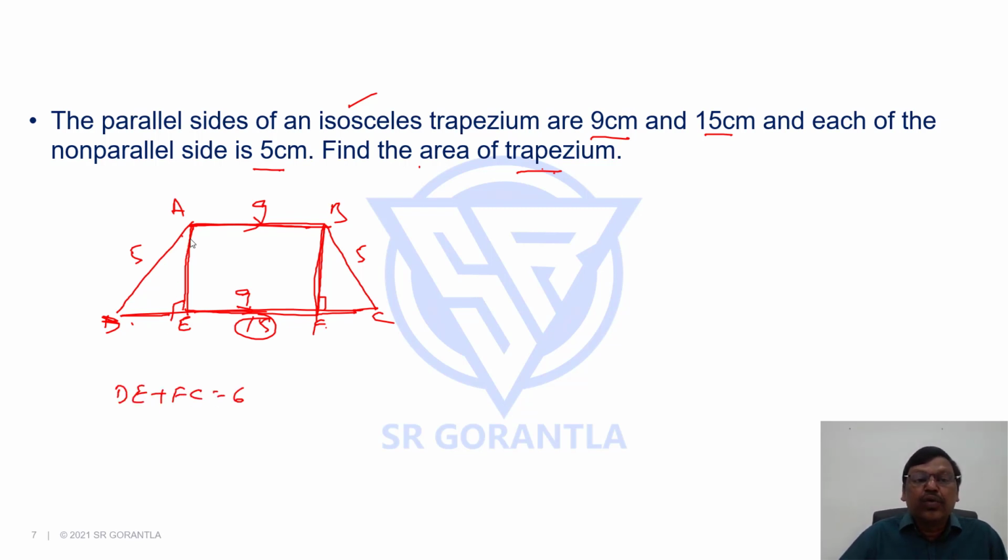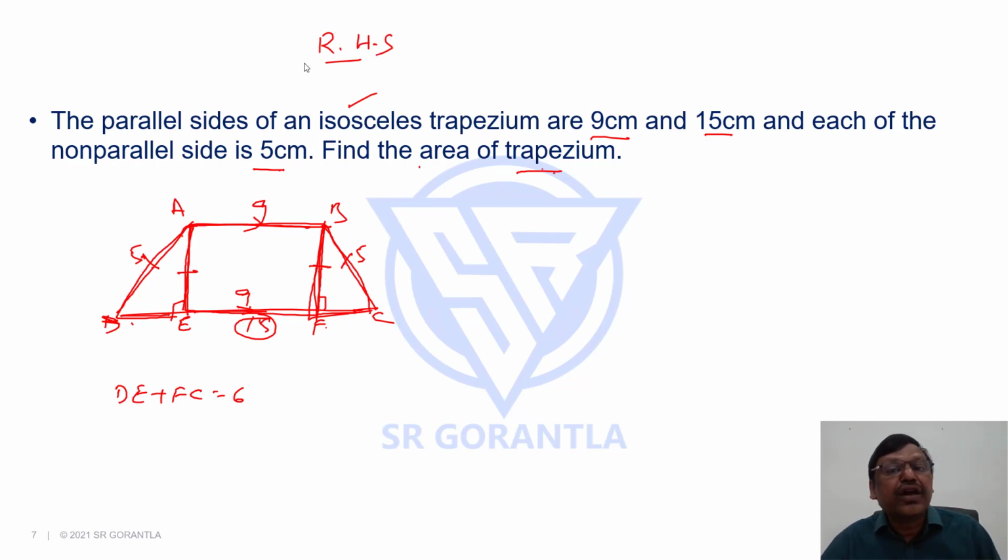But now if you look at this triangle ADE and triangle BFC, these two are right angle triangles, and if you see here, these two sides are equal. These two are hypotenuse for these triangles. The hypotenuses are equal and these two sides are also equal. If you recall the discussion on congruency of triangles, by applying the rule of RHS, we can say the two triangles are congruent. What does it mean?